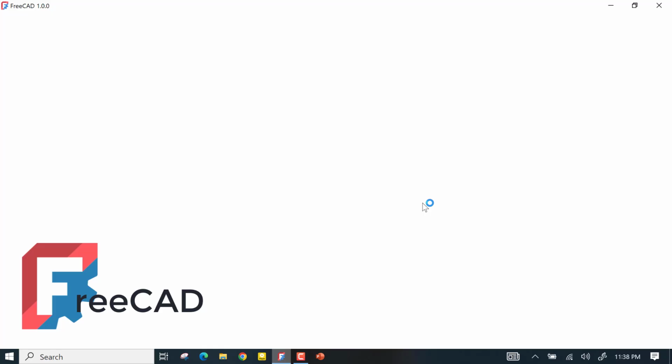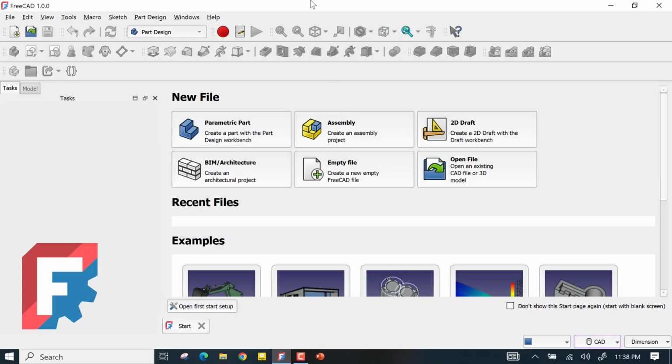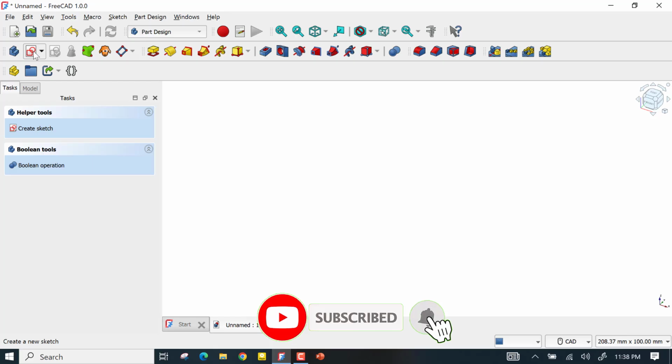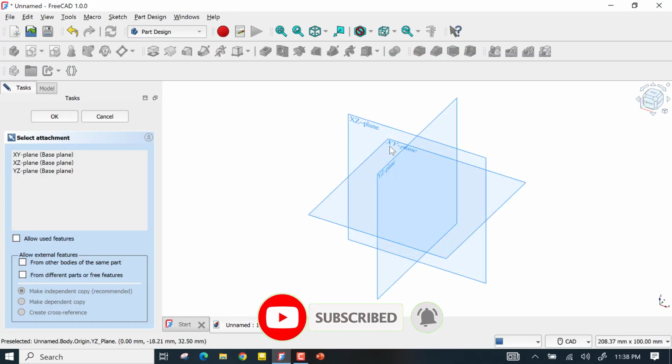So today we are going to show how the vertical, horizontal and parallel constraints are done in FreeCAD. So we'll do it in the Parametric Part workbench. So let's click Parametric Part, click Sketch, select the XY plane,